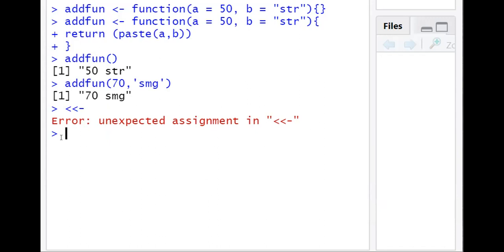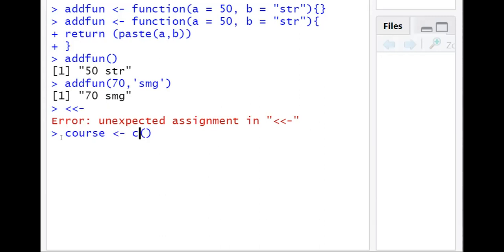If we want to create a list of courses, we'll use the same assignment operator. In order to create a vector, we have to use this C followed by open and close parenthesis.